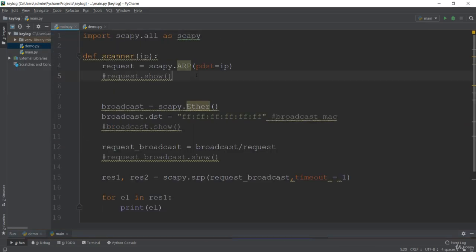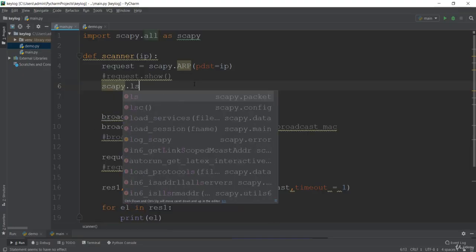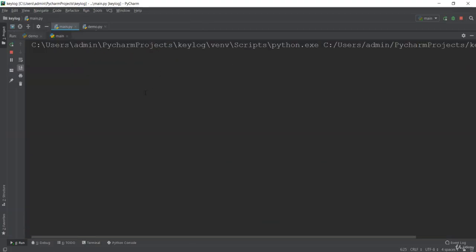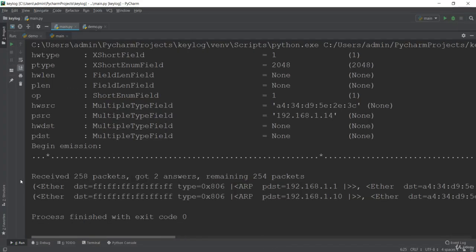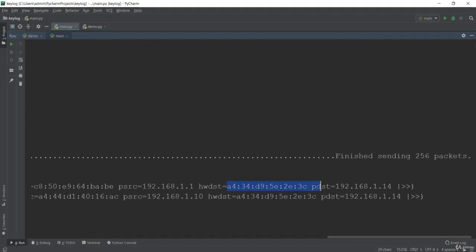So let me show you right over here. When we see this ARP, let me just list it out again. So with Scapy, it should be ls, and let's go for this ARP. Let me list out the things that are going to show us the arguments denoting the MAC address and the IP address. So you could clearly see over here, this HWSRC was for the MAC address, and PSRC was for this IP address, which can also be seen right here. So this is your MAC address. We have another, this is the IP address.